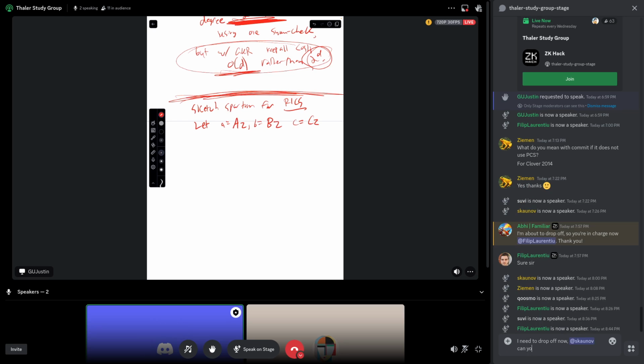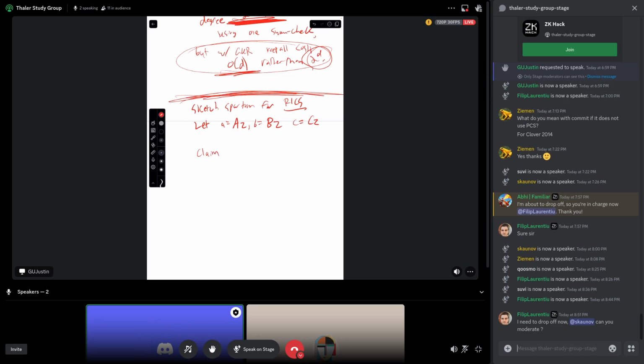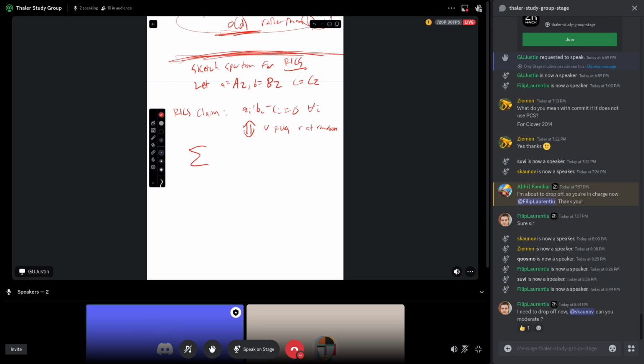And so the prover, in R1CS, the claim is that a_i times b_i minus c_i equals 0 for all constraints, for all entries i of a, b, and c. Okay, and so, we said before that up to some small soundness error, if V picks an r at random, this is equivalent to the sum over, and now we're going to index entries of a, b, and c by binary vectors like usual when we apply sum-check. So the sum over